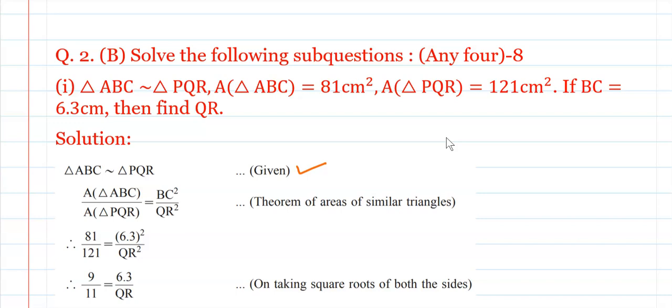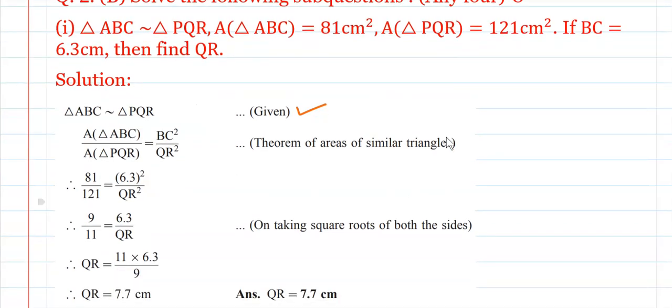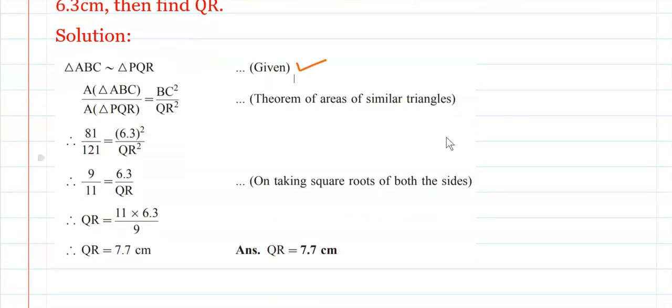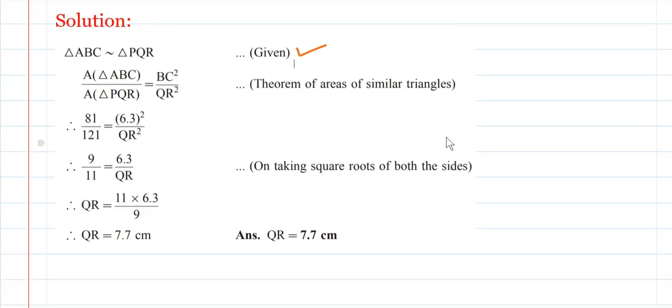Therefore, by the theorem of areas of similar triangles, area of triangle ABC upon area of triangle PQR is equal to the ratio of squares of their corresponding sides, that is BC square upon QR square. ABC is 81, PQR is 121, BC is 6.3 whole square upon QR square. Take the square root: 9 upon 11 equals 6.3 upon QR. Therefore, QR is equal to 11 into 6.3 upon 9. We do the division and simplification here. Then you will get QR equal to